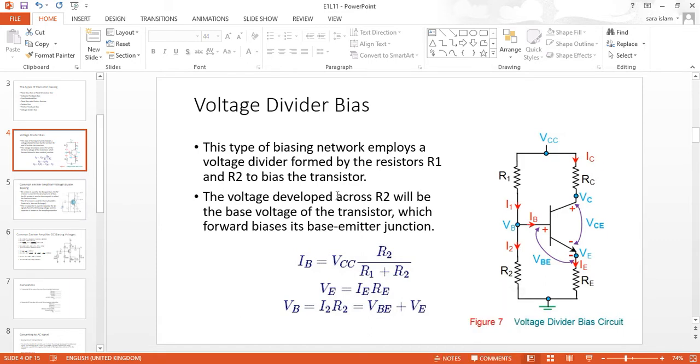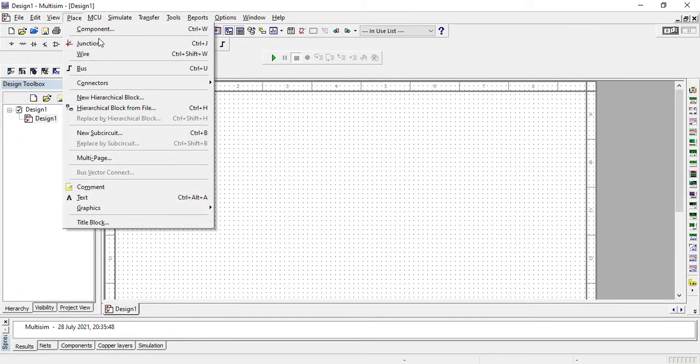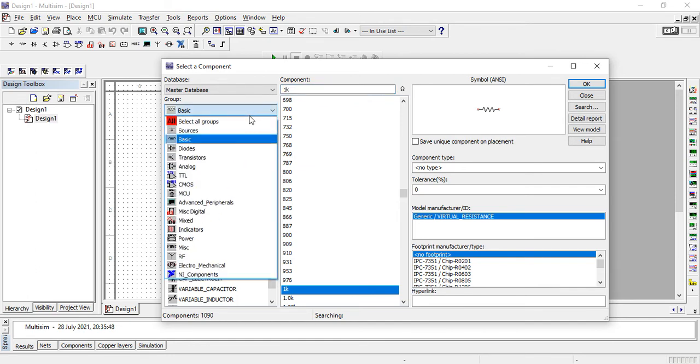And first I will go through the circuit part, and then we will compare it with our calculations, that when we are setting our biasing voltages, whether they are close enough to the one which were seen by calculation or not, right? So all we are going to need is a transistor,